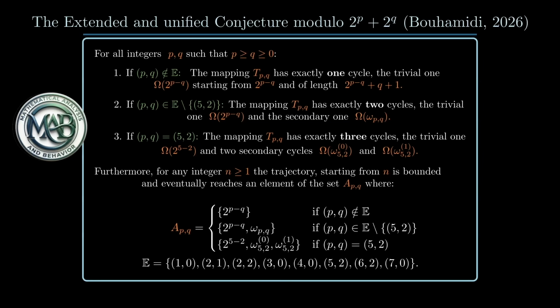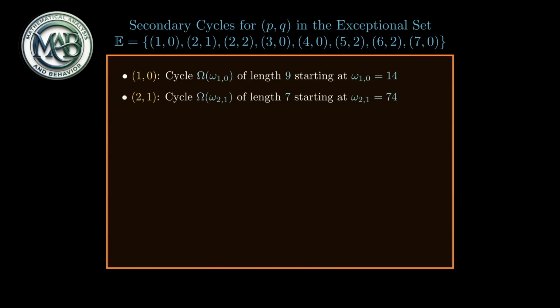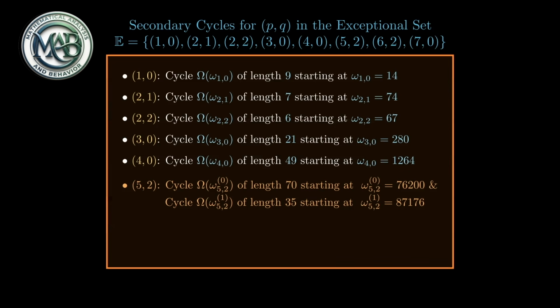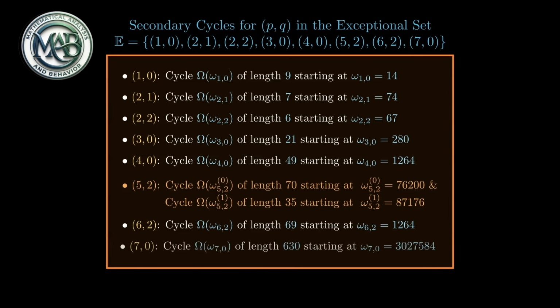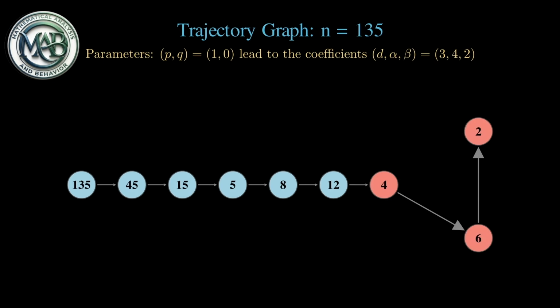The attractor set A_{p,q} and the exceptional set E are given explicitly by the written formula. As you can see, all the elements omega_{p,q} are given in the table you are seeing on the screen. As you will see, all the secondary cycles are explicitly known. At the end of this video, I will show you a Python code and also a simulator, in which all the secondary cycles are explicitly given. Just for illustration, we show you some examples of trajectories for different values of the couple (p, q).